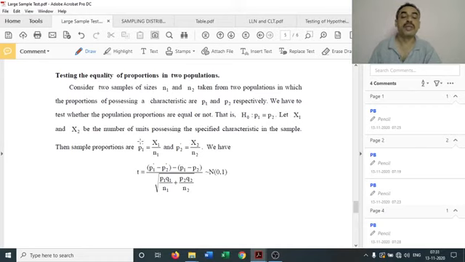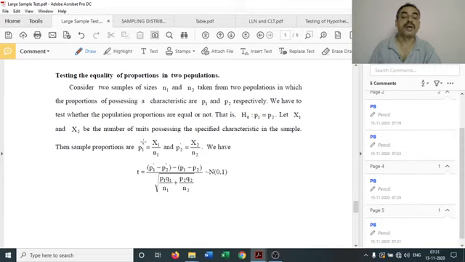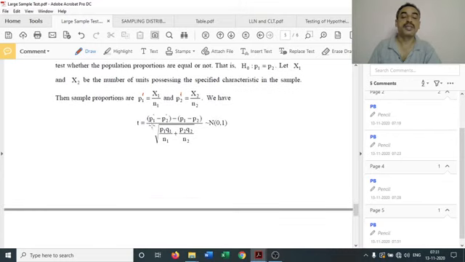P1 dash is x1 by n1, and this is P2 dash, that is x2 by n2. That is the proportion of the first sample and the proportion of the second sample, and the statistic is p1 dash minus p2 dash minus (p1 minus p2) by root of p1 q1 by n1 plus p2 q2 by n2,